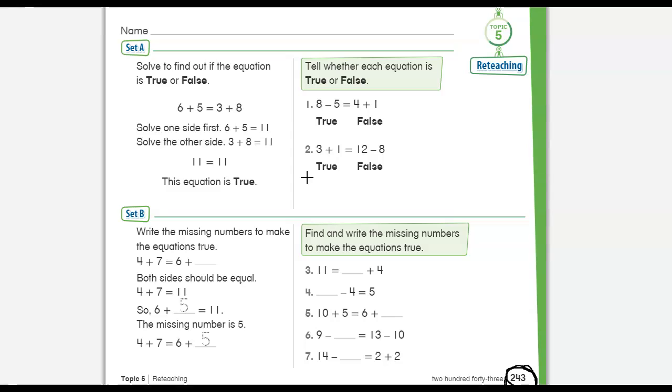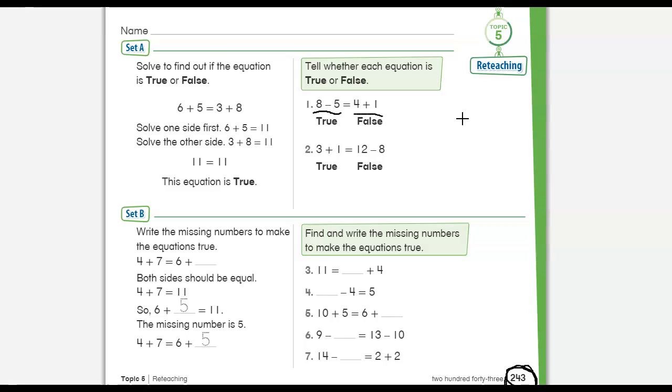So in your workbooks, I'm going to have you start working on number 1. So just like in our example, it says to solve one side first. So first I want you to solve for 8 minus 5. Solve for 8 minus 5. Then solve for 4 plus 1. And you can do your work here on the side in your workbook, or if you want to do it on a whiteboard or a piece of paper so you have a little bit more room, you can also do that. So solve one side of the equation,